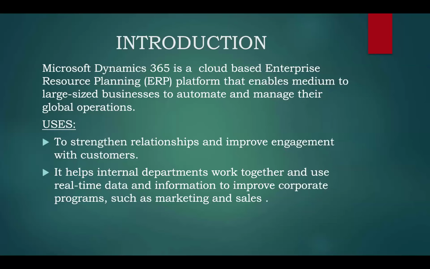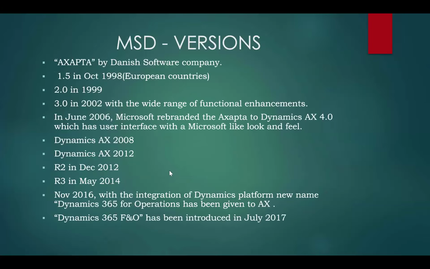Basically, this is a combination across all the modules which can support medium and large size organizations. It supports almost anything related to finance, SCM, warehouse, transport, logistics. Almost all the modules. And these are the versions or the history of D365. Initially, it started as Axapta, and then AX 2, 3, AX 2008, AX 2012, R2, R3. These are the older version names you might frequently hear if you're working on any old projects or for old companies. But the latest, we call it Microsoft Dynamics 365 Financial Operations.